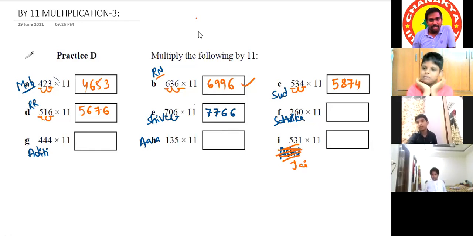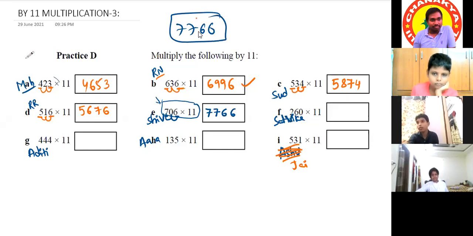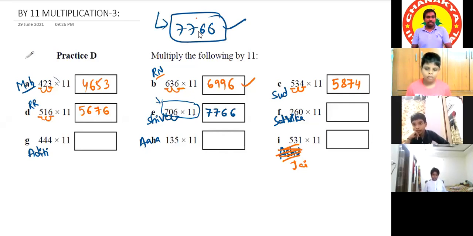Okay. Later in the later exercises, we'll do this exercise with another technique also. So numbers just above the base number, how can we do that? 7 elevens are 77, 6 elevens are 66. That's the answer. We'll do this type of question also in the later exercises.